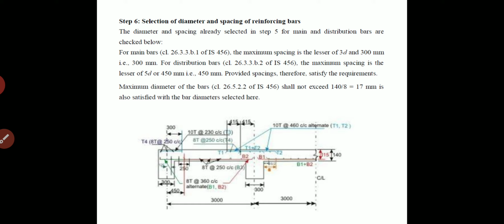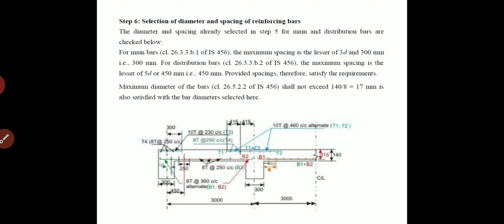Here d is 115, into 5, which is greater than 450 mm. So in these two values, 5d and 450 mm, the lesser value is 450 mm. So we select 450 mm, and the provided spacing therefore satisfies the requirements.